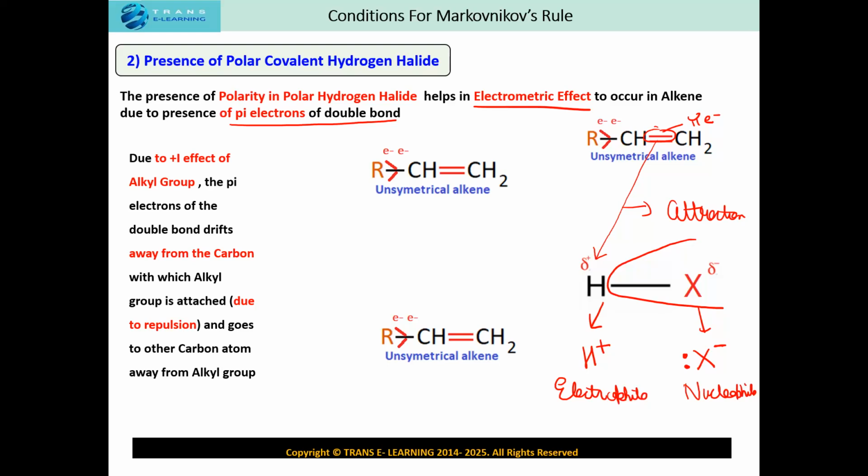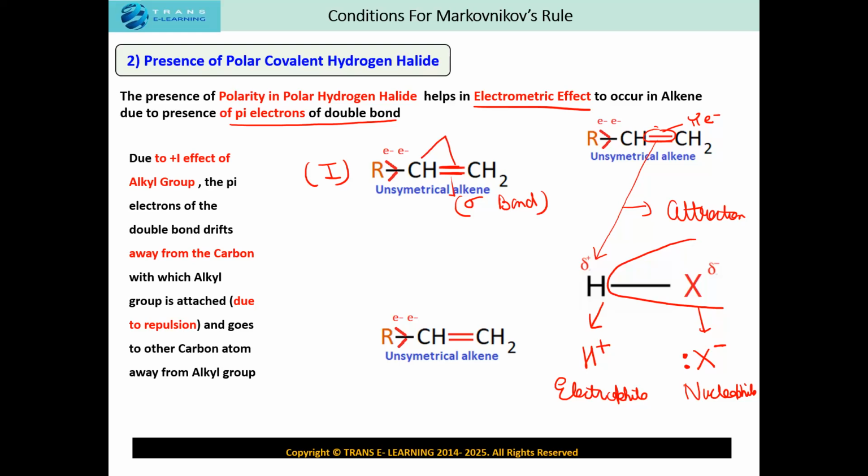The second parameter we need to understand is what will happen to this pi electron. This pi electron has two ways to go. Now, as this pi electron is getting attracted towards the electrophile, it has to go to either of the carbon atoms which is attached to the double bond. This first bond is the sigma bond, right? So this will not be broken down, nothing will happen to it. This is the pi electron which is going to move. Now it has two ways of moving.